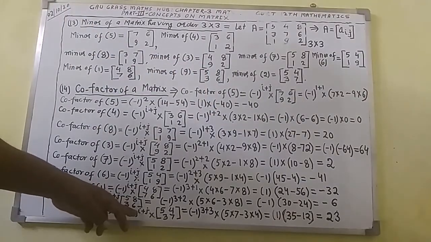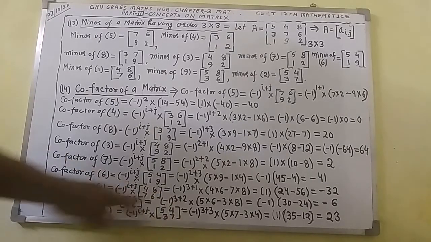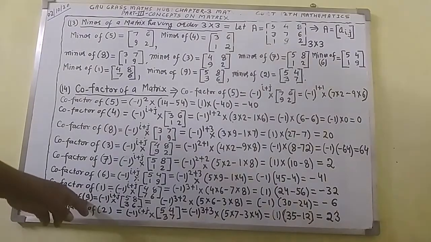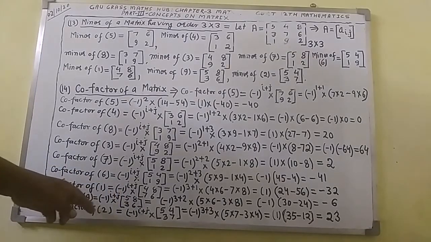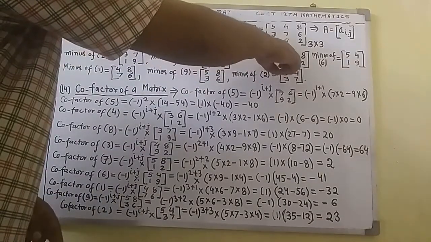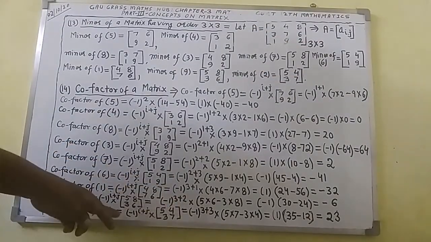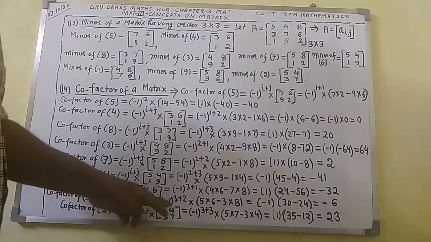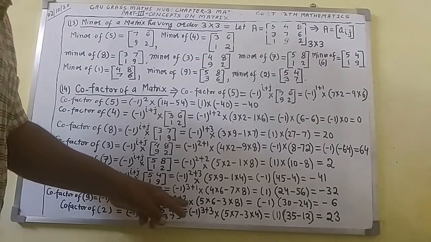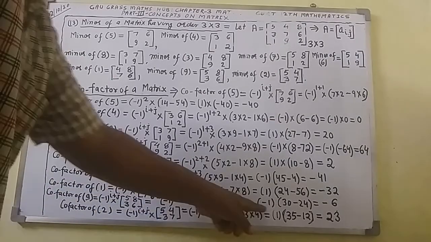The 5836 I have written equal to minus 1 raised to power i. i represents the row position of element 9. You have to see that 9 is there in the third row. So for the third row I shall write here 3 plus, and 9 is there in the second column. For the second column, I shall write here 2. 3 will be added to 2, we will get here 5. Minus 1 raised to power 5 comes out to minus 1 here.